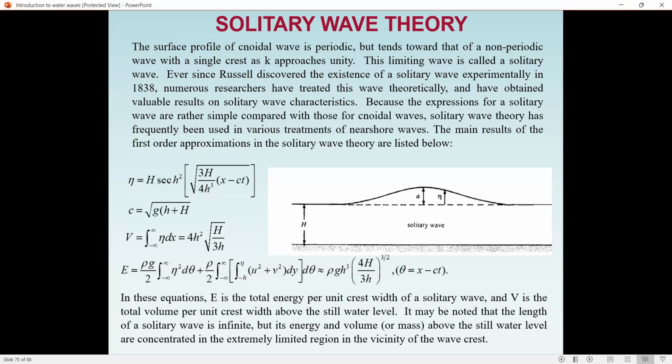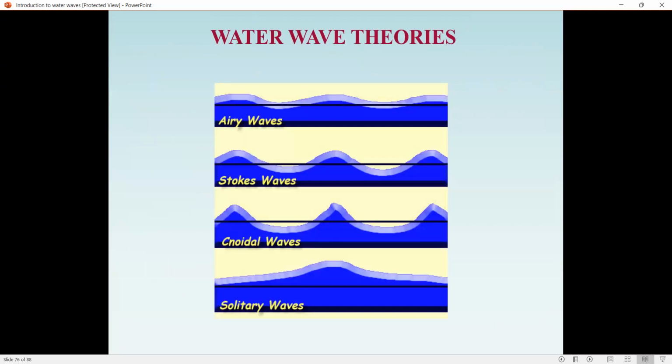And then the theory came up. This is the linear part of the wave theory, and then the non-linear. So in brief, I will say the wave theories are the Airy wave, regular, Stokes waves, then cnoidal and solitary waves. You can see that from linear wave to non-linear wave, this is the way the wave theory evolved.